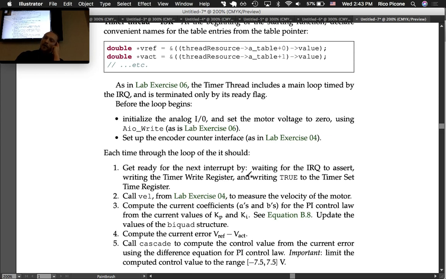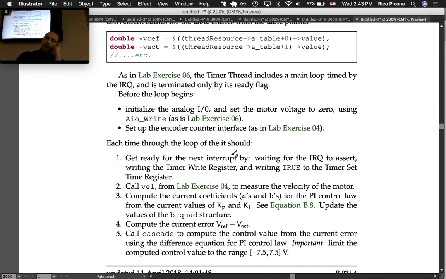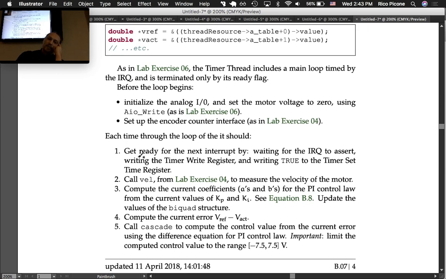Each time through the loop, it should get ready for the next interrupt by waiting for the IRQ to assert, writing the time right register, and writing true to the timer set time register, which is same as before. Calling vel, which is what we did in lab exercise 4, to measure the velocity of the motor,